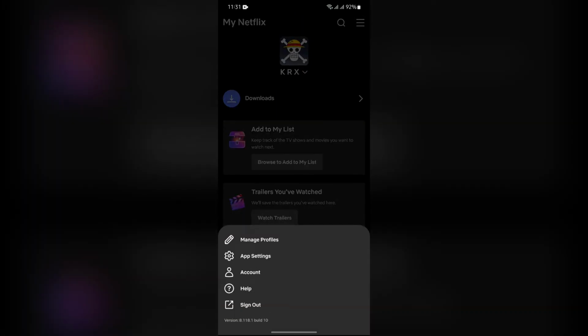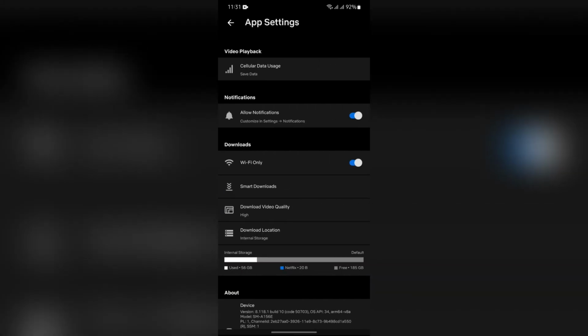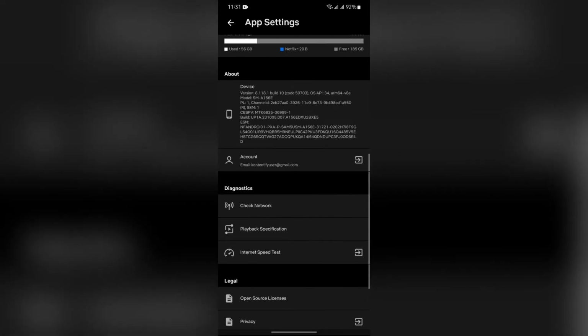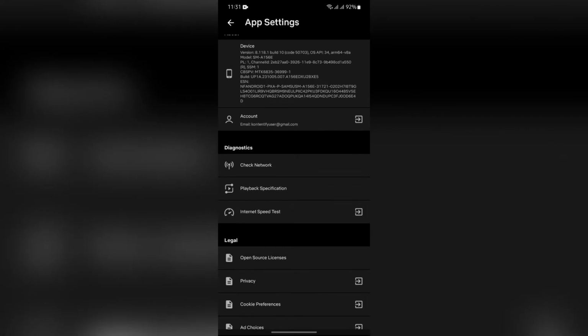Then after tapping into the 3 bars, you will see the option of app settings. Simply tap into that, and after going into the app settings option, you will see so many options in here. You just simply have to scroll down to the diagnostics option, and from here just simply tap into this check network